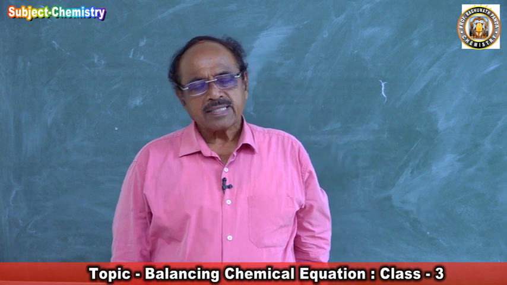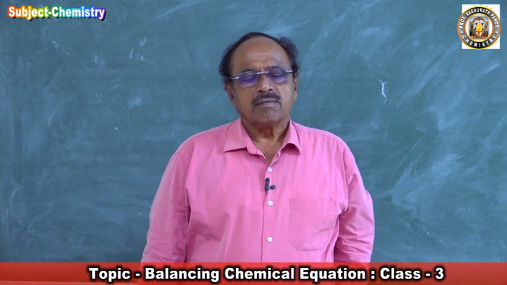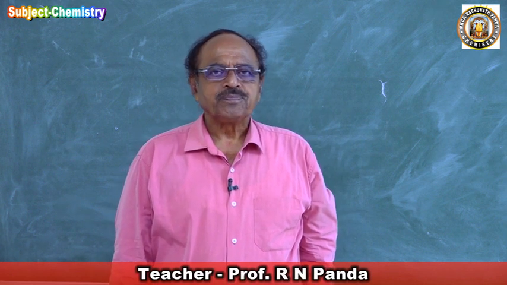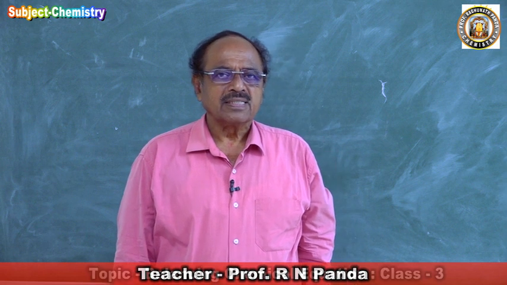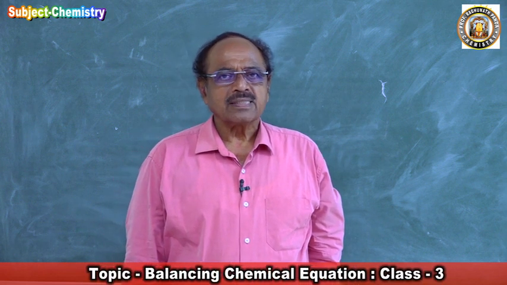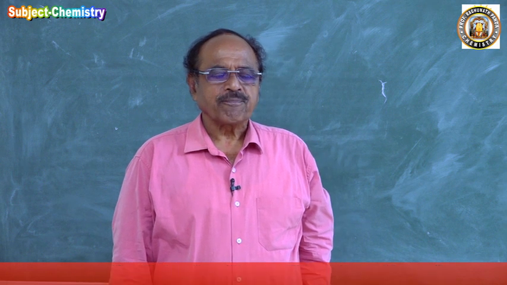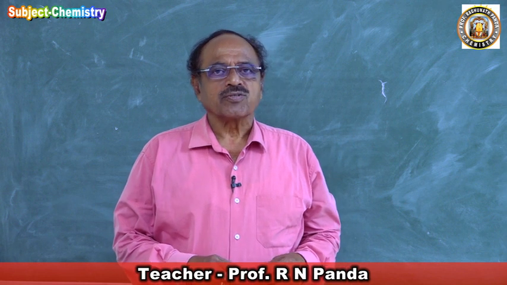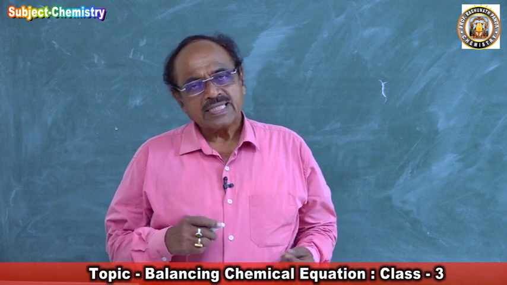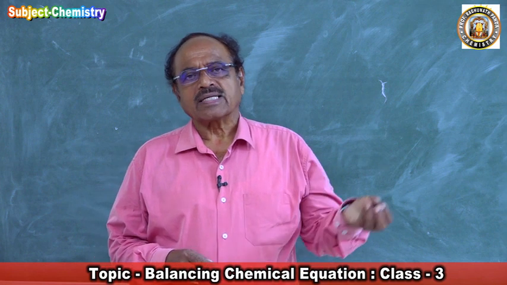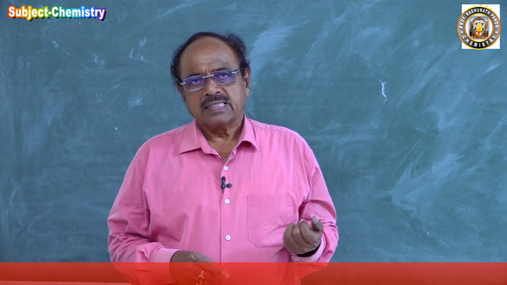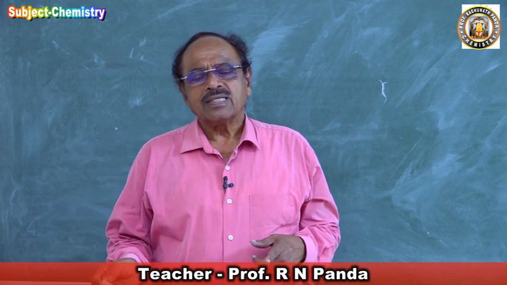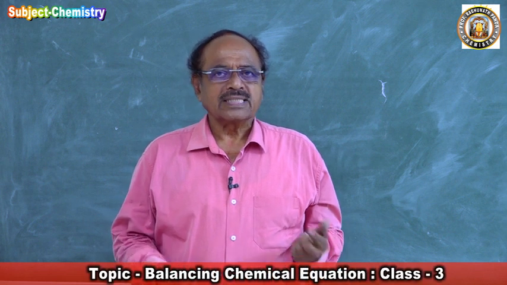So that is called the balanced chemical equation. This balanced chemical equation can be obtained by different methods. One, hit and trial method. Second, partial equation method. Third, ion electron method. Fourth, oxidation number method. Fifth, algebraic method. We have discussed the hit and trial method. What is hit? Hit means make the number of atoms equal. And then trial, we compare until we get both sides equal. So that is the reason it is called hit and trial.